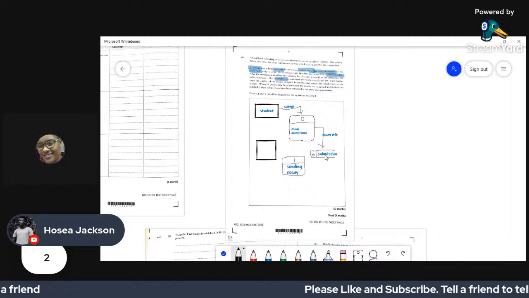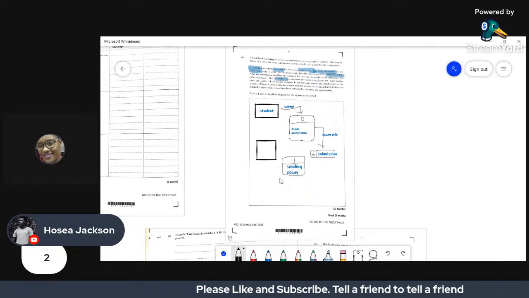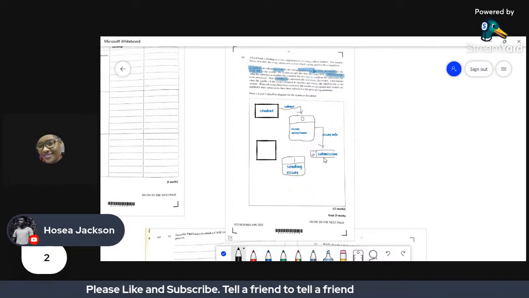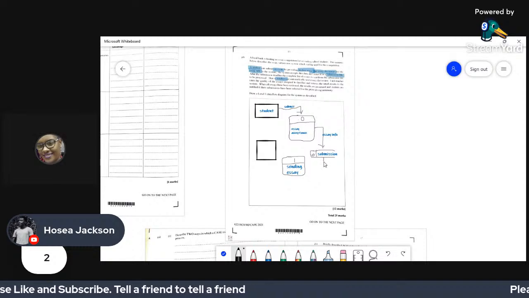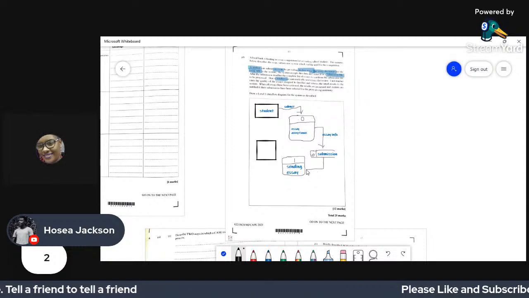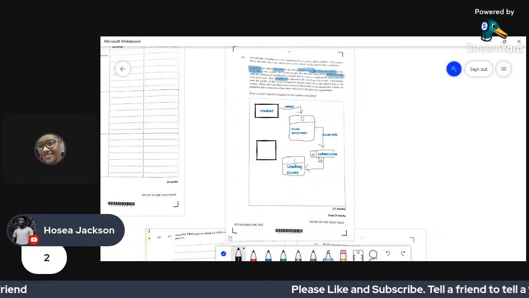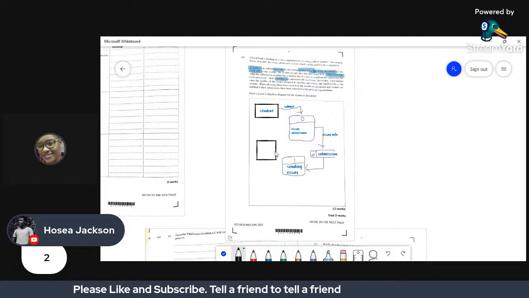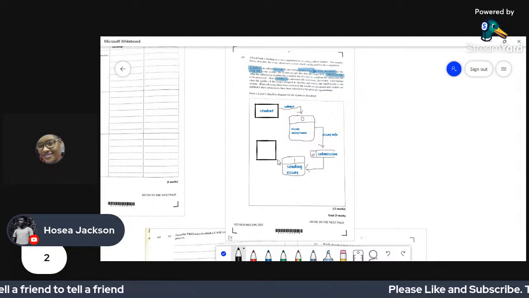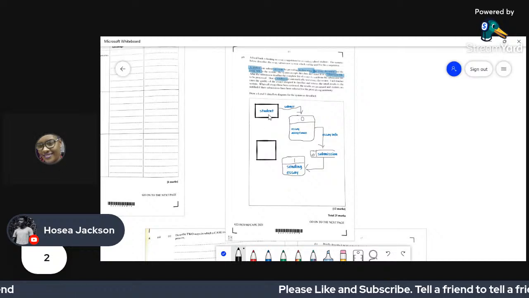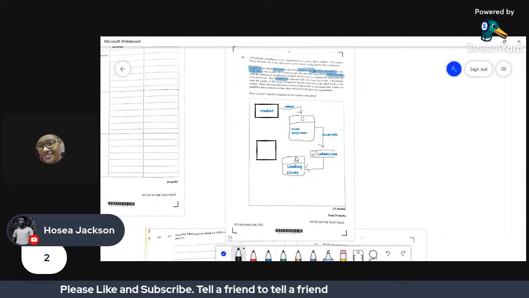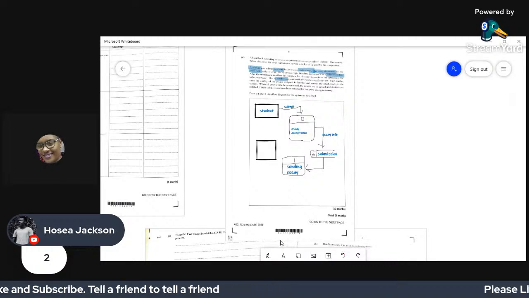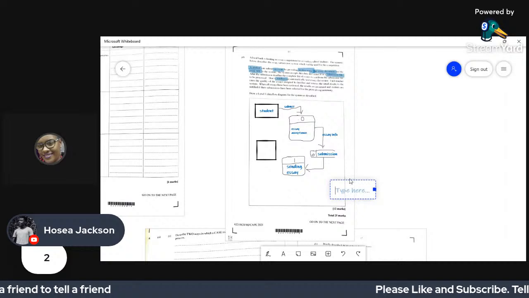The essays that are stored in this file need to be submitted to the teachers. So we are going to draw a line from submission to essay sending. Remember now that we have rules, so a file will not have direct communication with an entity, right? It has to go through a process. Entity and entity don't communicate as well, they must go through a process. Processes and processes can communicate.